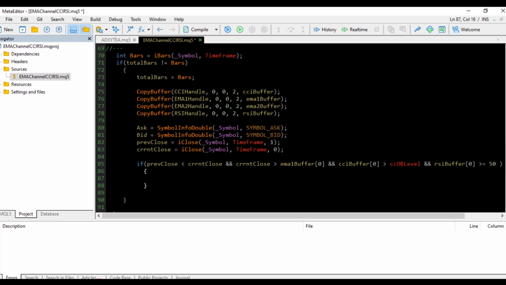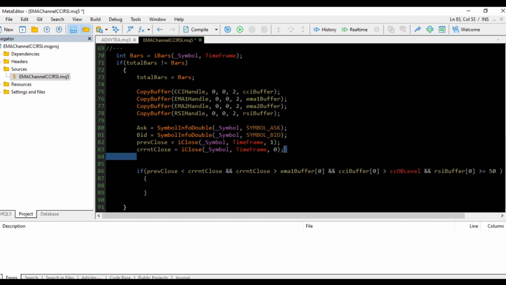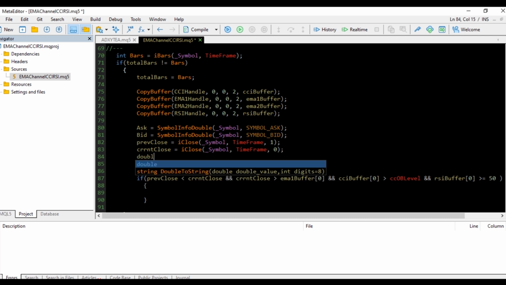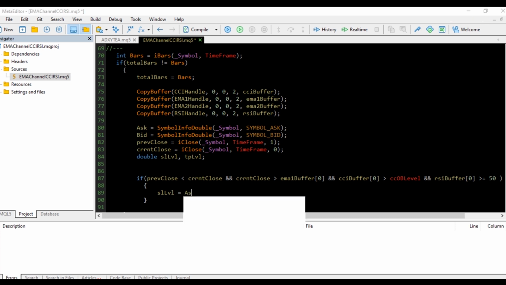So let's create new variables here called double SL level and TP level. Okay, and then our SL level is going to be equal to our ask price because we are doing buys,